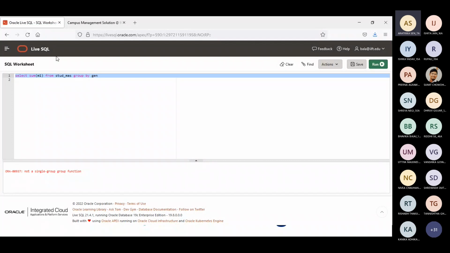Shall we run this? Ishita? So I got the answer in one query, 134 and 295. Still I am not satisfied. I want to see which group has scored 134 and which group has got 295. So now I am trying by putting this gender here and running this, see,